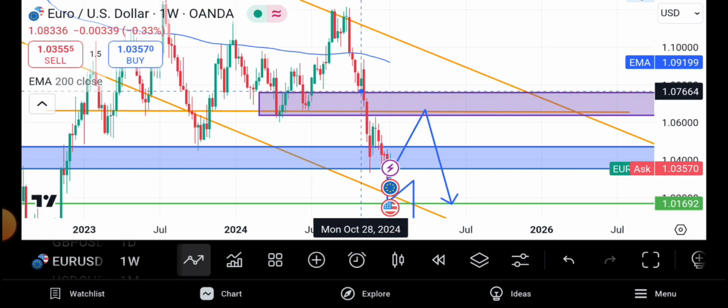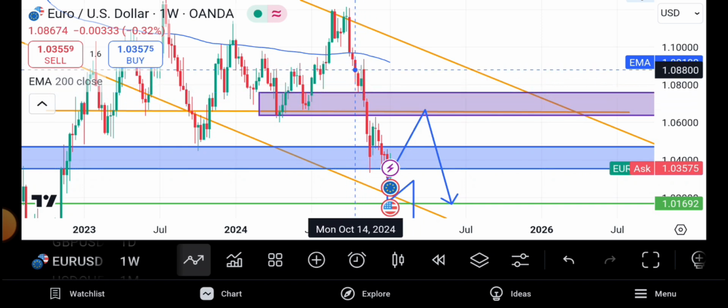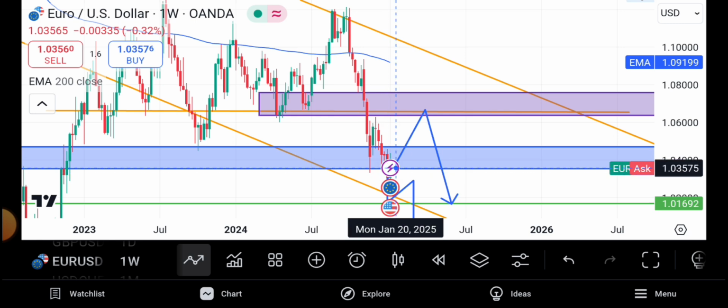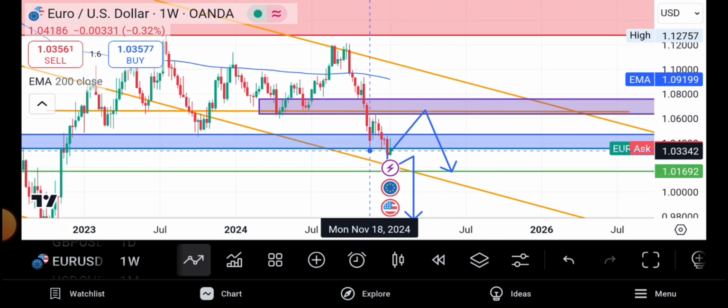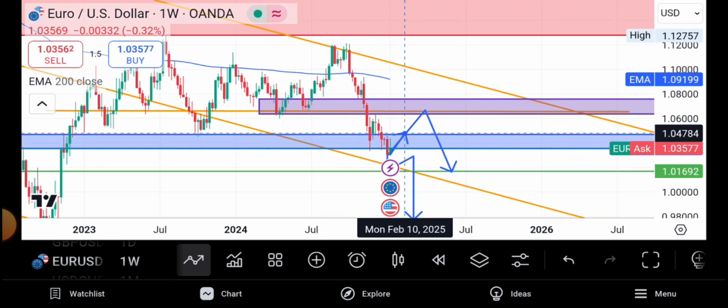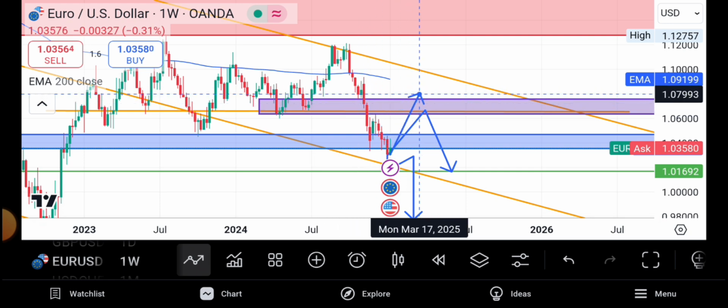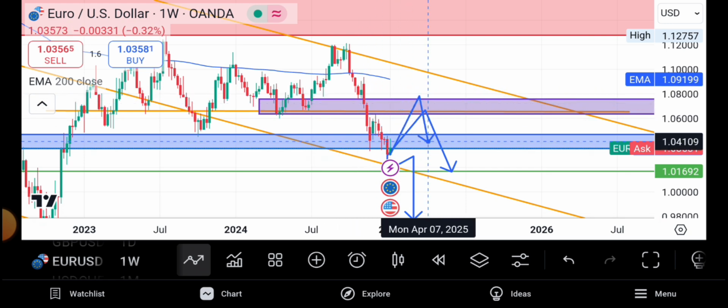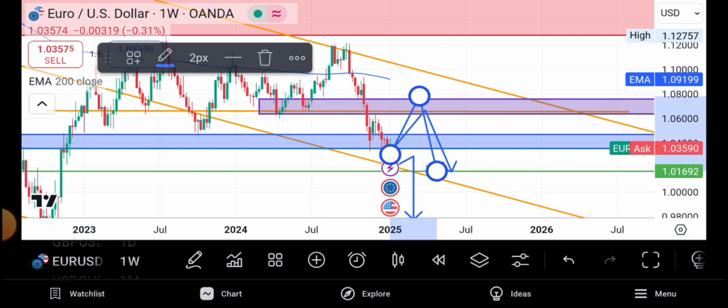Meaning that the buyers will tend to go up to this zone, activate this supply zone here, and then we shall sell it to that zone. That is what I'm looking for. Are we together? That's what I'm looking for.